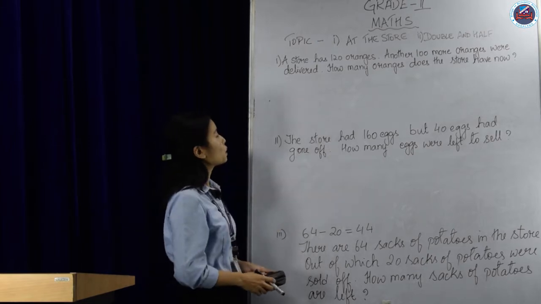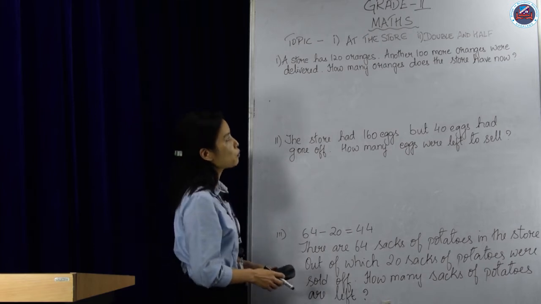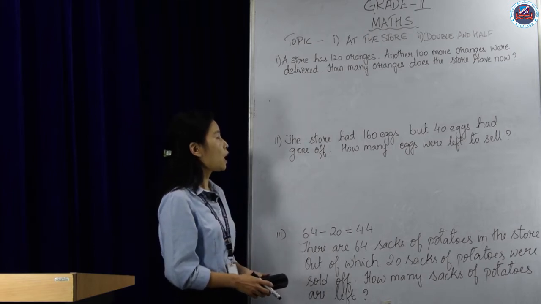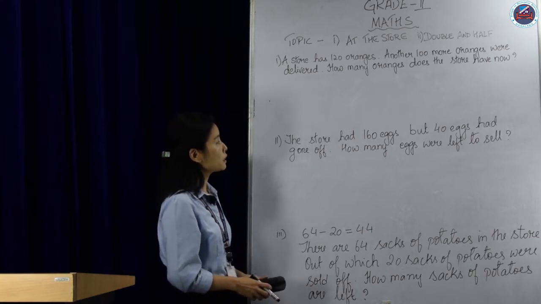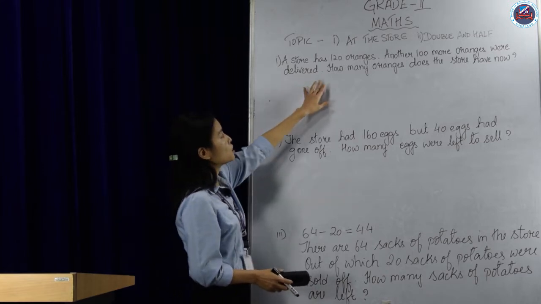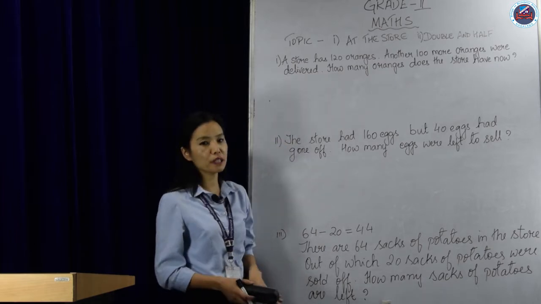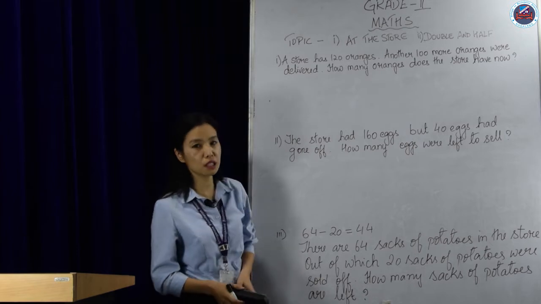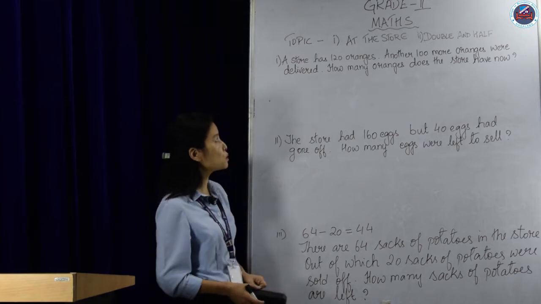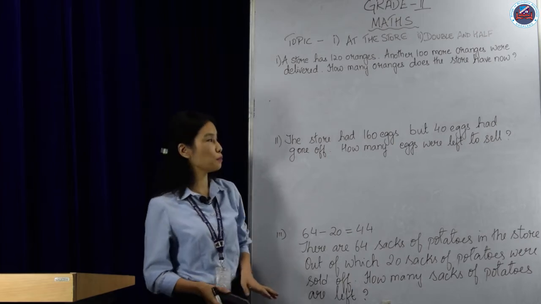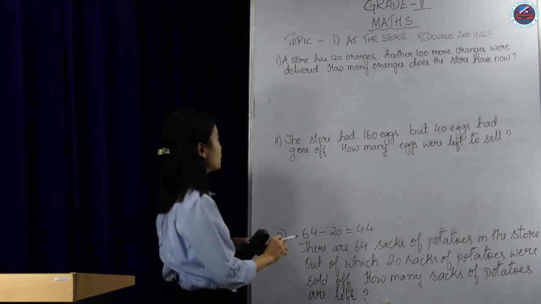Suppose a store has 120 oranges. Another 100 more oranges were delivered. How many oranges does the store have now? Here it is clearly mentioned that the store has 120 oranges. Another 100 more. More means it is added up to 120 oranges. So that means we have to do addition. Addition means we have to add these two numbers. But first we have to write the statement like